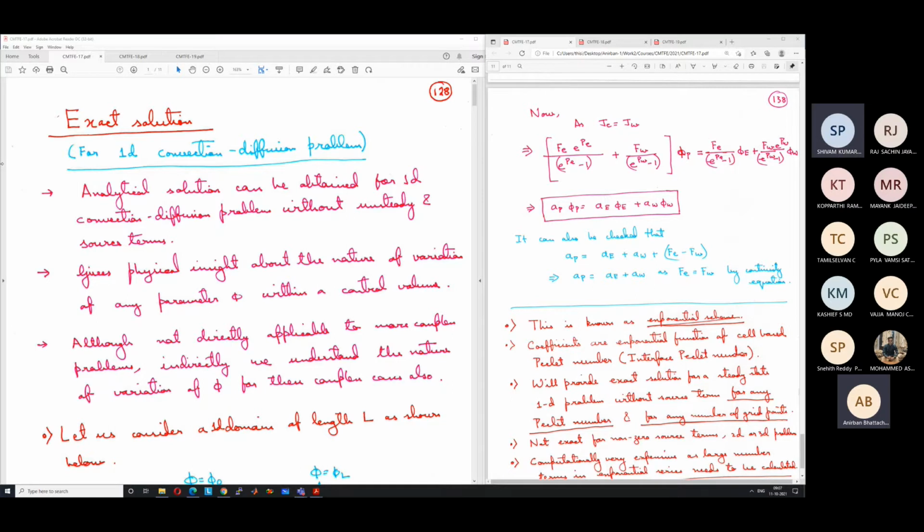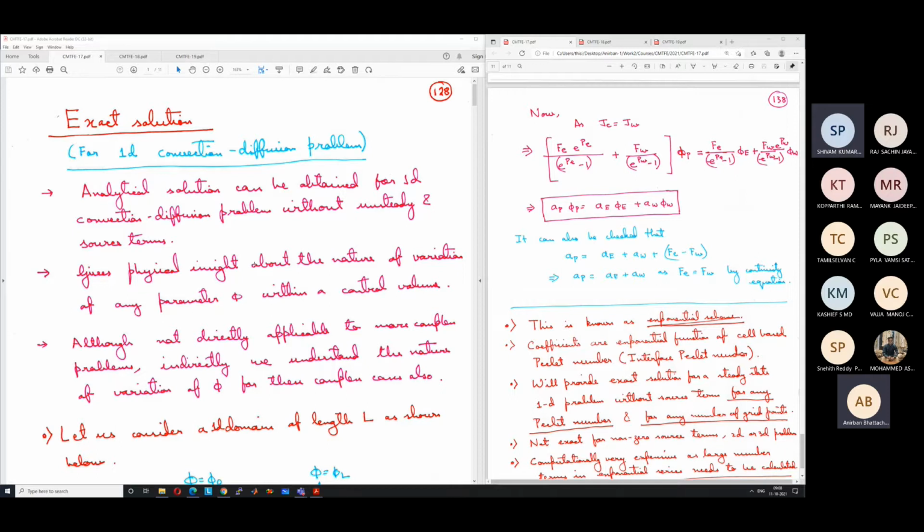In this chapter, we have added the convective term, and we are trying to see how to discretize it. Because the treatment of the source term and the unsteady term remains exactly the same as discussed previously, we have not included them in our study of the convective diffusive problem. Whatever we discuss today holds true even if there is an unsteady term and a source term. The additional terms just have to be treated in the same way as we have done previously.